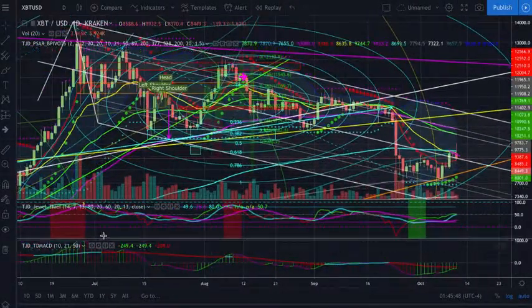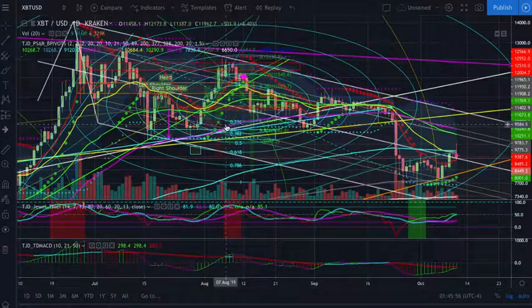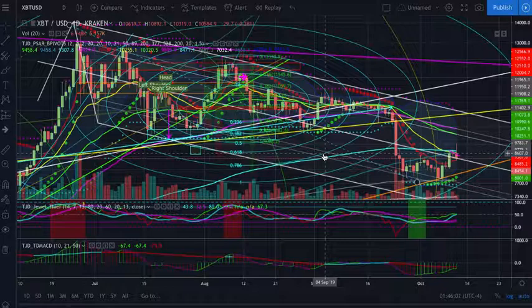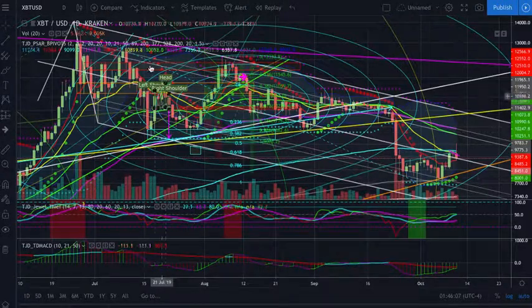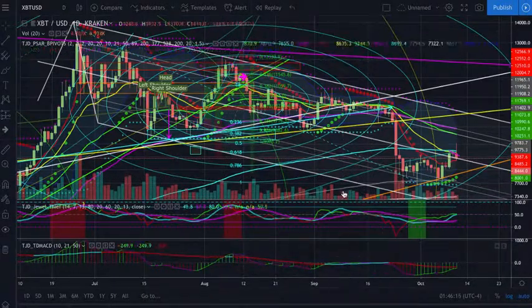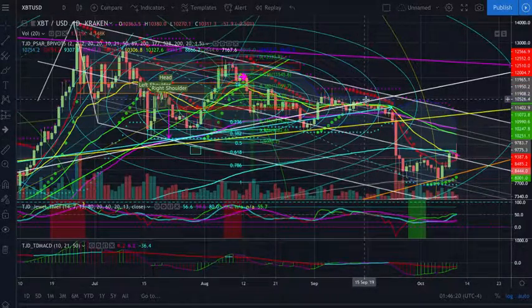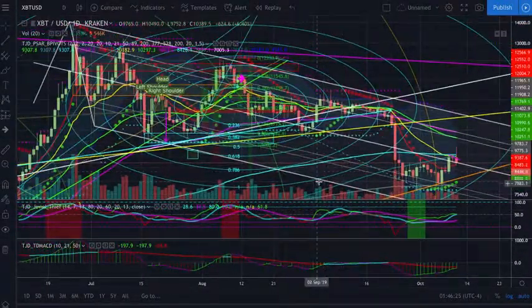So you'll see this has had us basically in the bearish trend since the 3rd of July, and then it flipped once right in here, and then it had us back here in September, in a bull trend. But again, and I've gone over this a bunch of times, when you're in a heavy consolidation like this, you can't trust these indicators as much because they're going to flip back and forth, because the slope levels out. So just a little bit of a move up can change the direction of the slope, or a little bit of a move down. That's when you want to use that in conjunction with something else like the TJD Jewel,